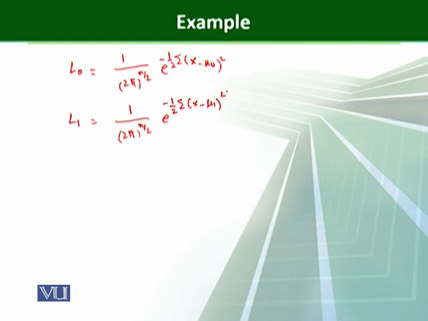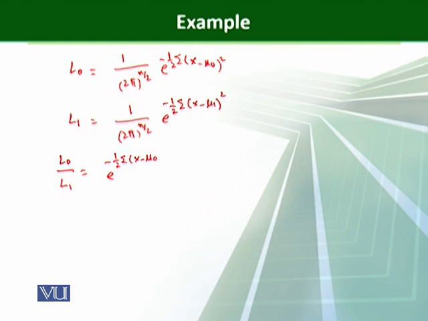Then we need the ratio of these two, that is L naught over L1, and when we take the ratio of these two, these constants are going to cancel out and the rest is e raised to power minus 1 by 2 sum